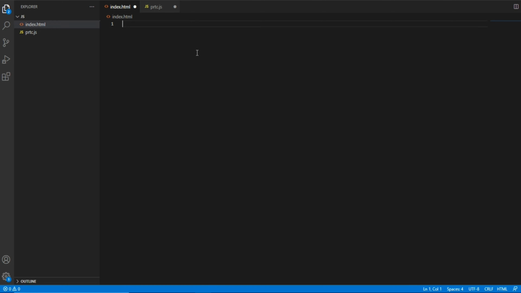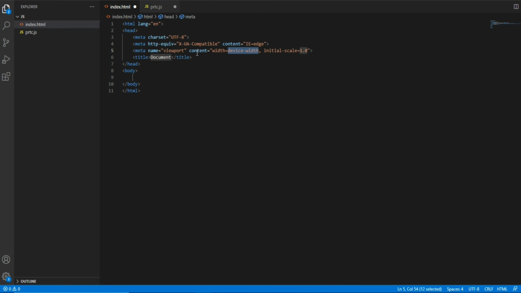In VS Code there is a shortcut: if you type doc and press enter, the HTML basic structure is created, and the title is document. Then I will add a script with src, and if I type dot slash, we will get the path of the file.